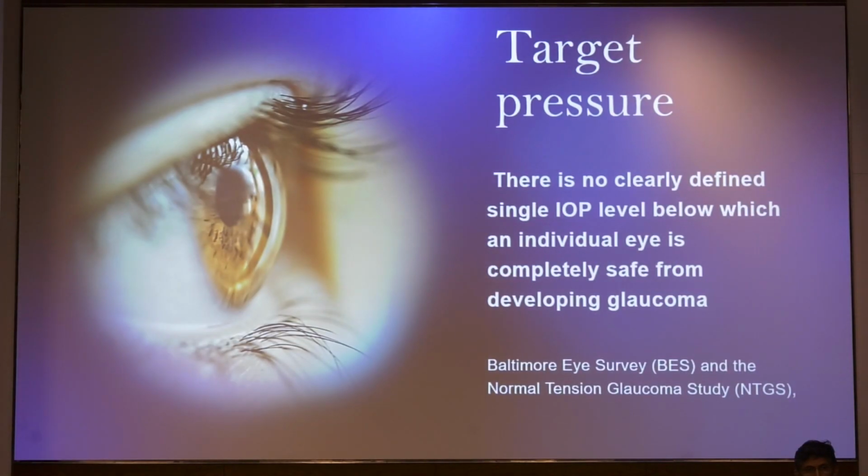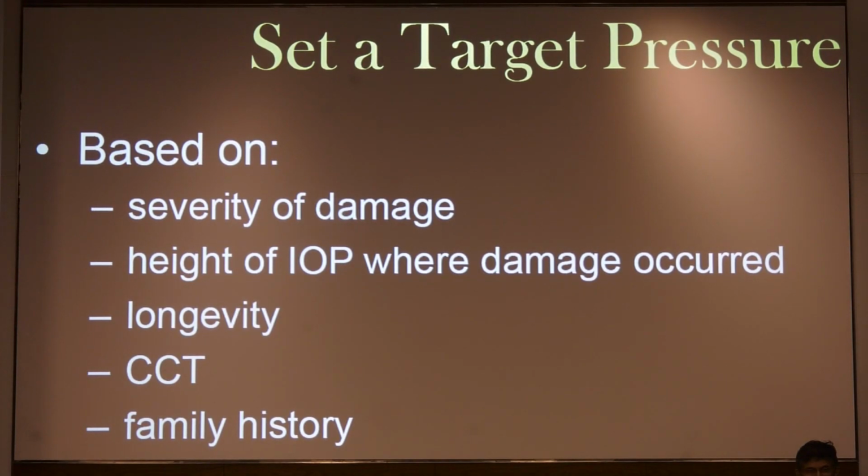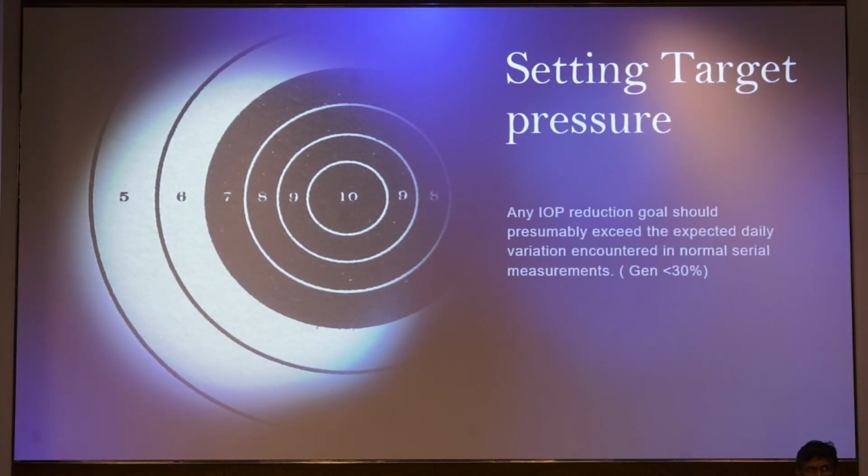And to set a target pressure, it should be based on severity of the damage, height of the IOP where damage occurred, the longevity of the patient, the central corneal thickness, and the family history. These are the things, and to set the target pressure, it should ideally be set,